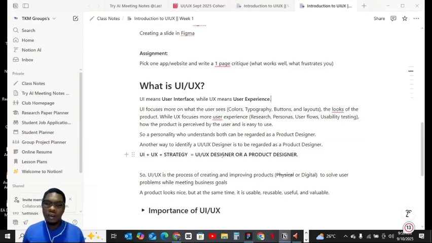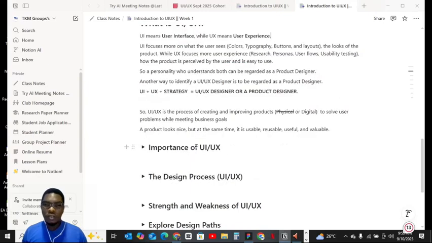A product designer requires the UI, the UX, and the strategy, the way you go about making that product. That's what makes you a product designer, and that is what you want to become here. You will learn a lot of things useful for you in life, home and abroad. Everywhere in the world, people are looking for product designers.